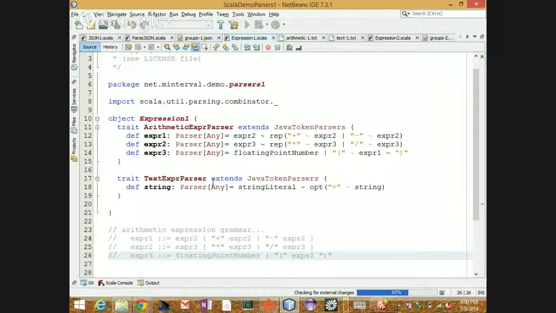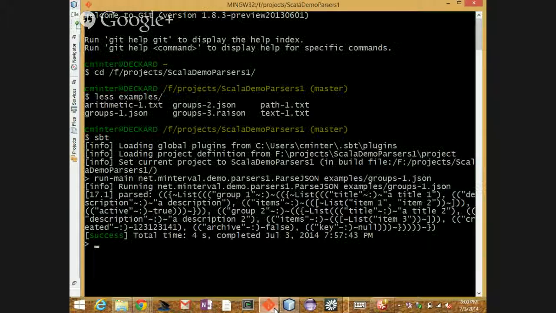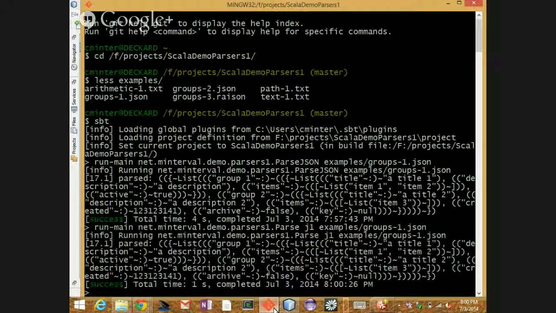Okay. So let me run these two examples. Again, this pretty much looks the same up here, and you can see it just translates directly. And if I run that, whoops, I switched. I don't have different mains for everything at this point.